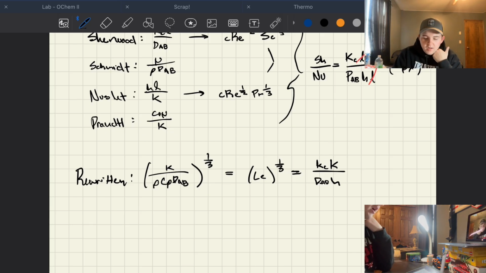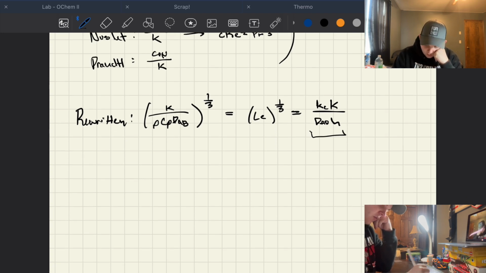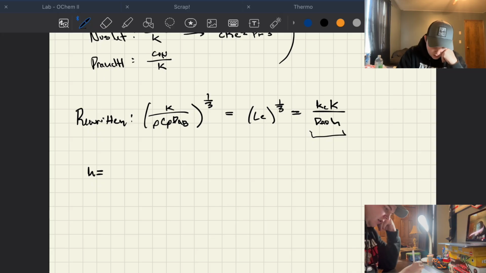Now we can solve for h when this value to the 1/3 power is equal to 1. So when that's equal to 1, we're going to end up with a value that is just going to be h is equal to